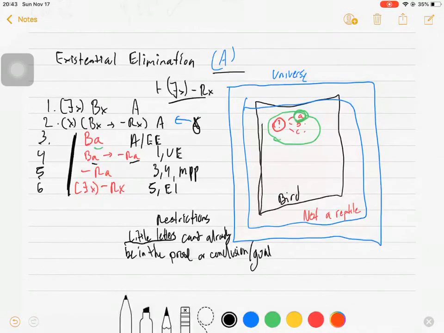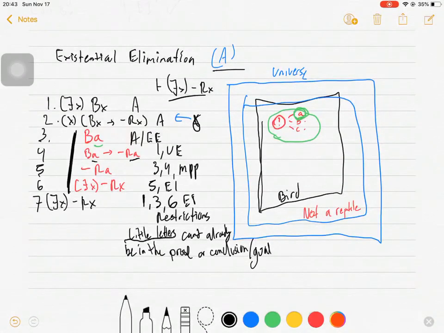So we actually need to discharge that EE before we can close out the proof. In line 7, we get to rewrite, restipulate what we wrote on line 6. And then we cite the line that has the existential in the initial premise, line 1. We cite the line where we introduce the assumption, line 3. And we cite the line where we reach the conclusion that we want to get, line 6.